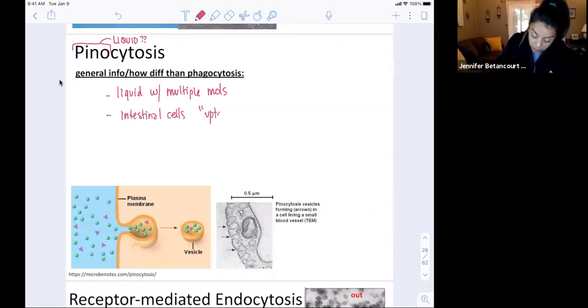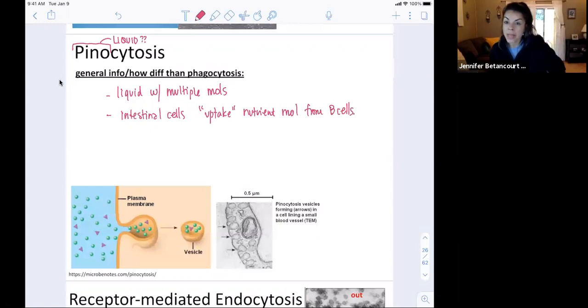uptake, absorb, whatever, nutrient molecules from blood cells. Okay, so that is shown right here where you have the inside of the cell, but the